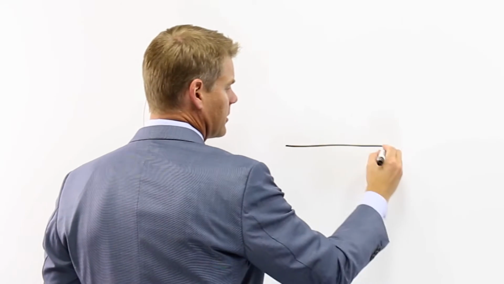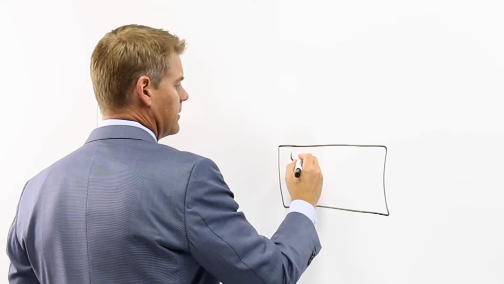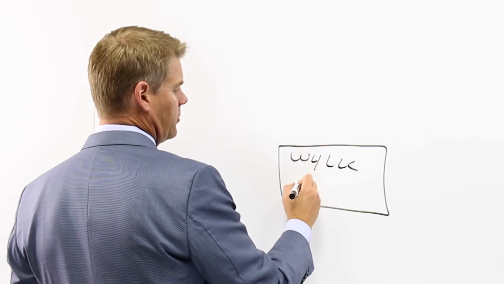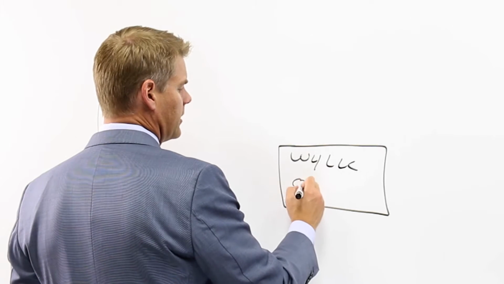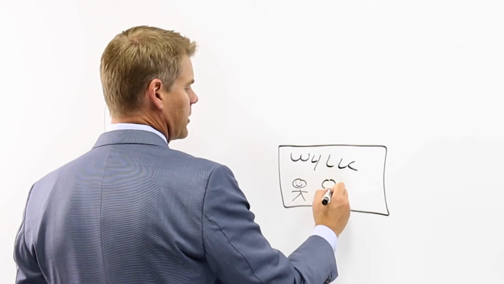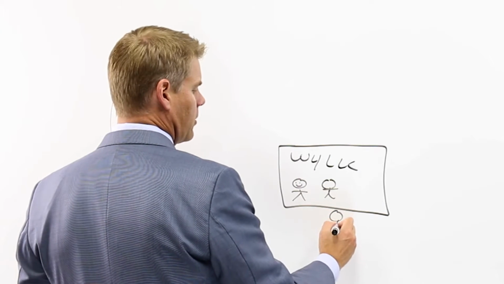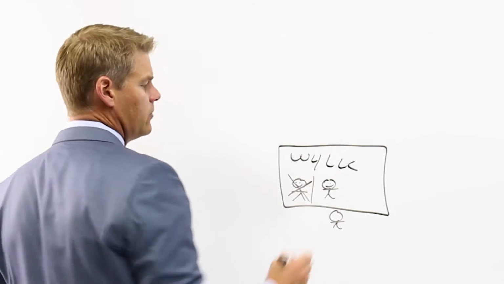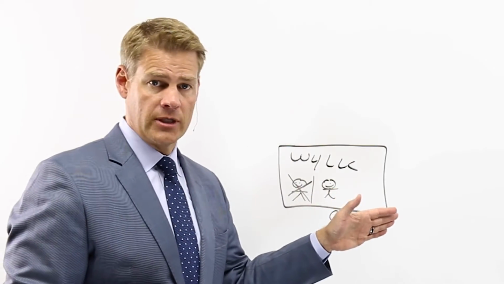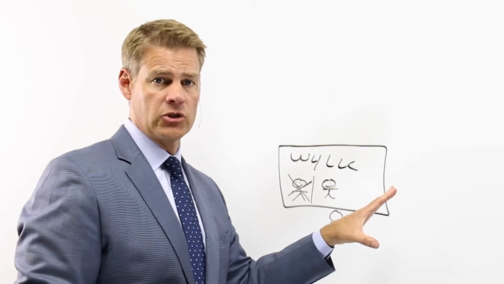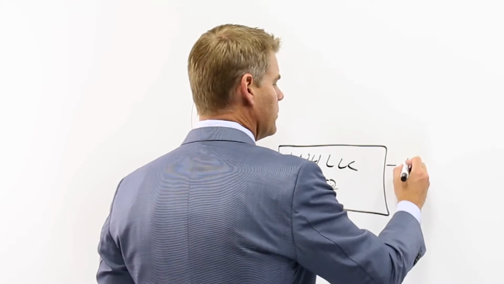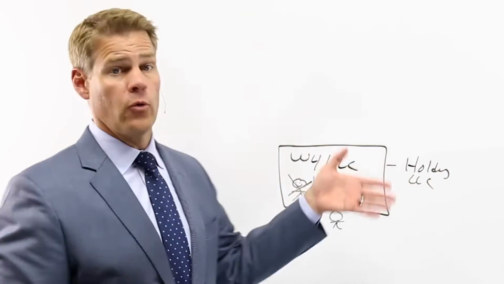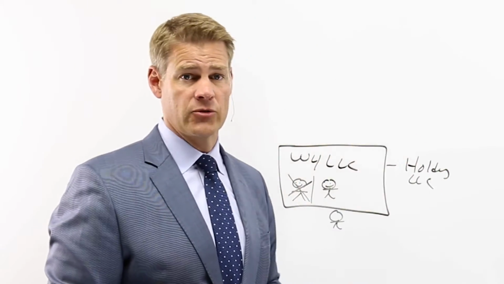So we start, let's say, with a Wyoming LLC right here. So there's your Wyoming LLC, and again, we're going to go back and we're going to use the nominee manager guy, and you're going to be right here. And of course, you're the owner of this company. And so he resigns, and then you're listed as the new manager. That does not get disclosed anywhere. So this entity forms the basis of our structure. Oftentimes we call this a holding LLC because it's going to be set up to hold real estate and hold other business interests. That's all it's going to hold.